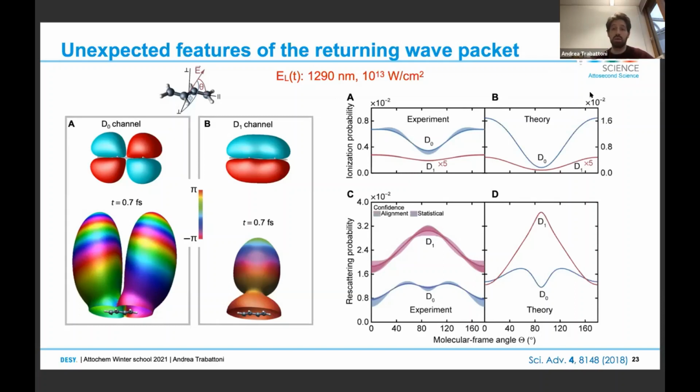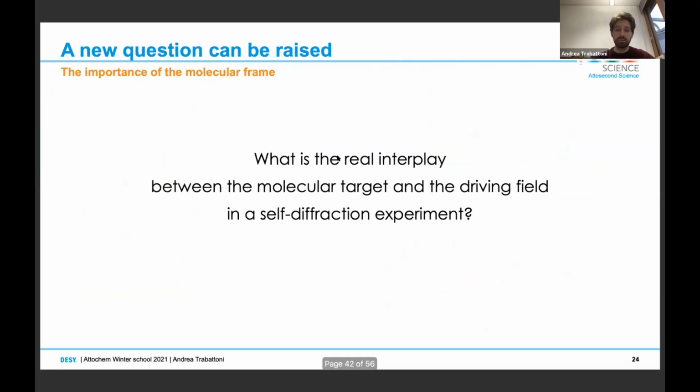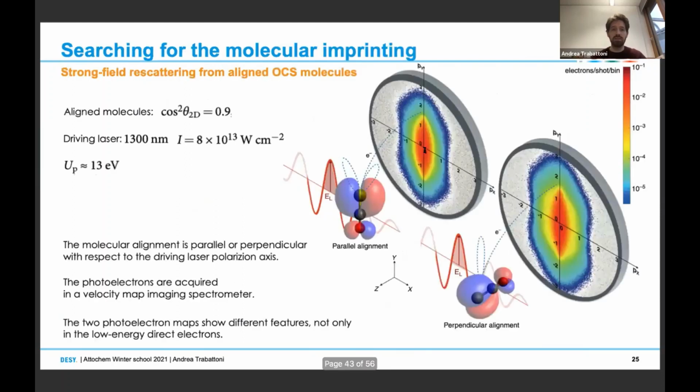And this was evidently demonstrating that the returning electron wave packet is not a plane wave, but depends on the molecular target itself. And so this question can be raised: what is the real interplay between the molecular target and the driving field in a self-diffraction experiment? So is the molecule important only to contribute to the self-diffraction of itself? And this is what we investigated in this work